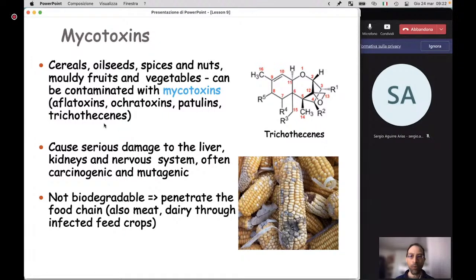All of those substances are quite dangerous. Most of them can be carcinogenic and mutagenic, and all of them are not biodegradable and thermostable. So they can accumulate in the food chain, over the food chain, and they are not eliminated by cooking the